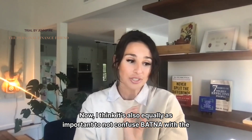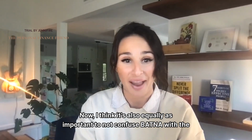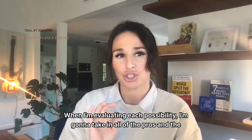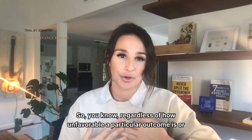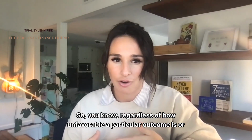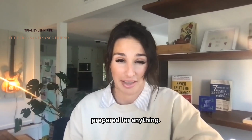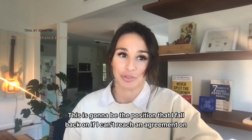Now, I think it's also equally as important to not confuse BATNA with the lower limit of our negotiation. When I'm evaluating each possibility, I'm going to take in all of the pros and the cons. So regardless of how unfavorable a particular outcome is or unlikely, it's still important to consider. That way, I come into the negotiation prepared for anything. This is going to be the position that I fall back on if I can't reach an agreement on my